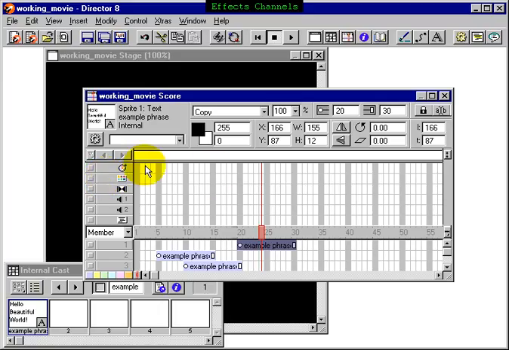At the top of the effects channels is the tempo channel, which tells Director how long to pause on each frame in the score. As mentioned before, the default tempo setting is 15 frames per second. Now, you may not have seen it progress through every frame because this video is only 5 frames per second, so it's going to leave out some of the frames, so you won't see it hit every single frame. But anyway,